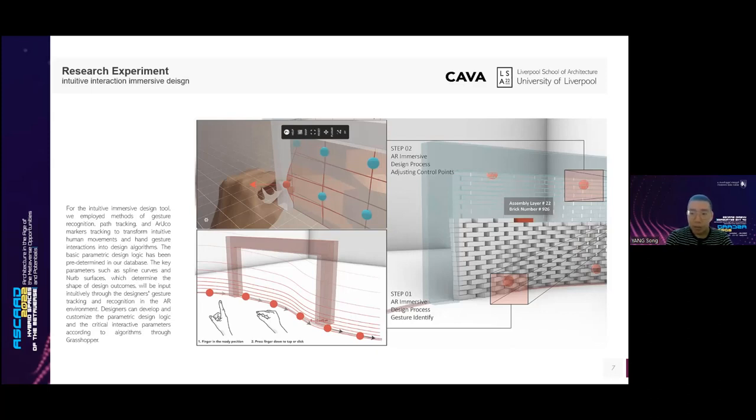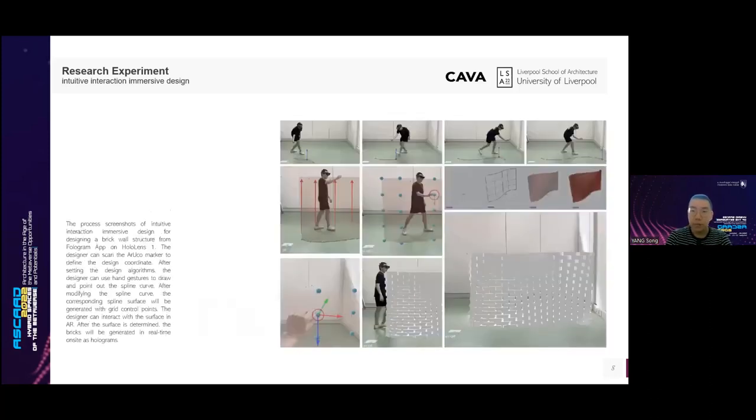And the designer can develop or customize parametric design logic and the critical interactive parameters according to the algorithm through Grasshopper. So for example, we use the design of a brick wall to validate the intuitive immersive design. First, the geometry concept was based on the QR code marker that can be placed on the floor as a center or reference point of the brick wall. And after scanning the marker through HoloLens, the design coordinates will be picked up from the physical to virtual